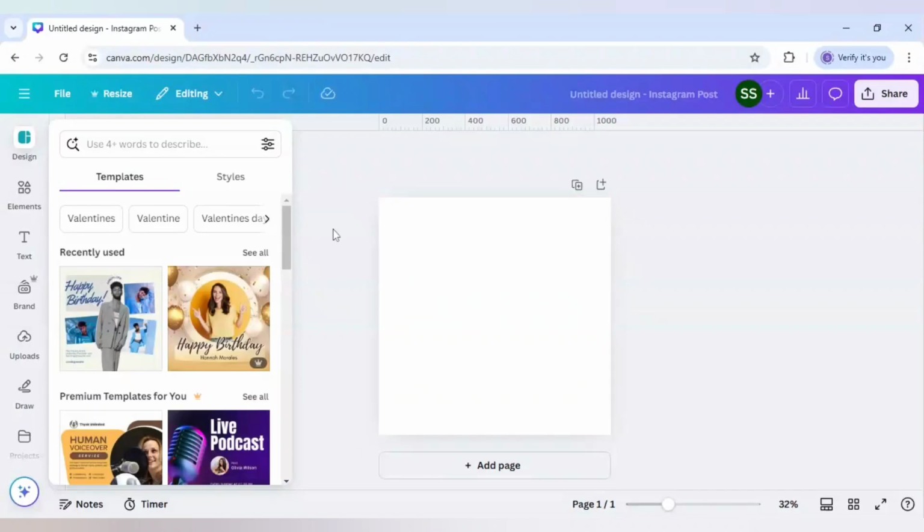Hello everyone, in today's tutorial I will be sharing with you how to find element codes in Canva in 2025, and I will also share with you which elements lack codes, since some elements don't have any codes. I will explain that as well. So let's start. I will go to elements,